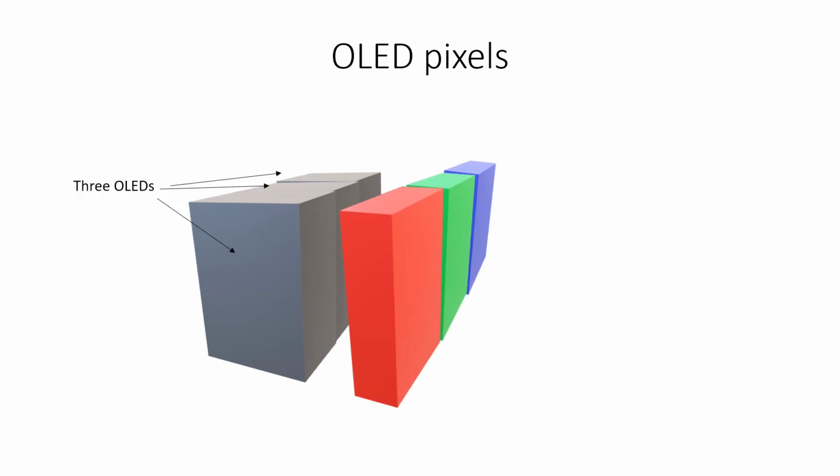As we explained at the beginning of this video, we can make a range of different colours by combining red, green and blue light. So by making 3 OLEDs for each pixel, a colour filter can be placed in front of each pixel to create red, green or blue light. By varying the current through each OLED, the light intensity for each colour can then be varied and all colours can be produced from black,